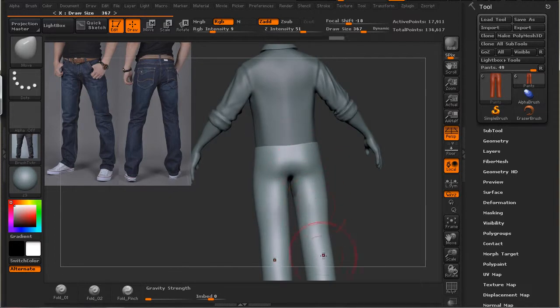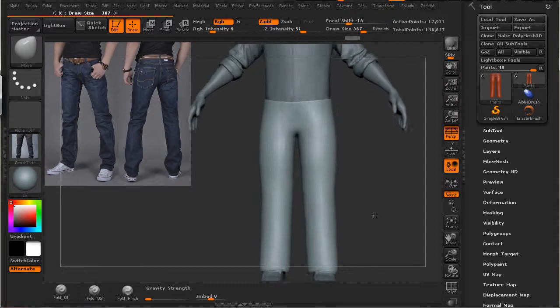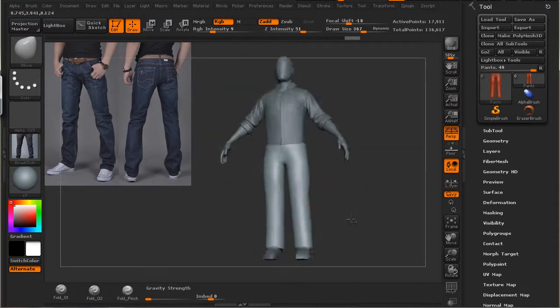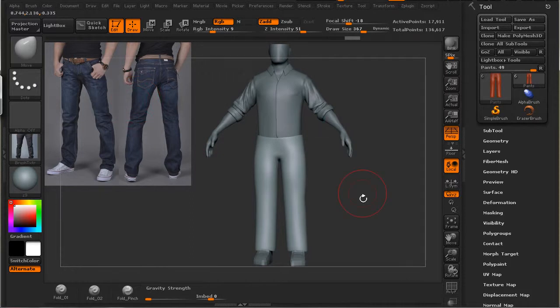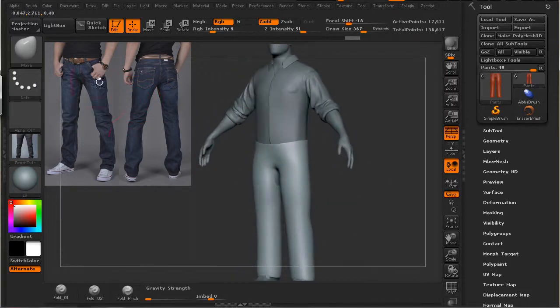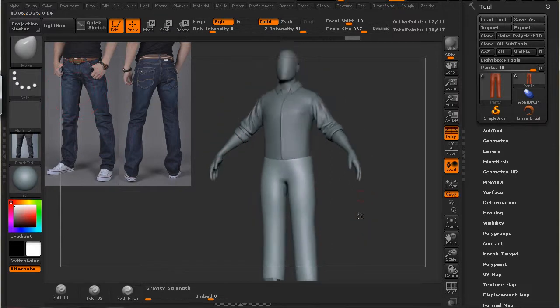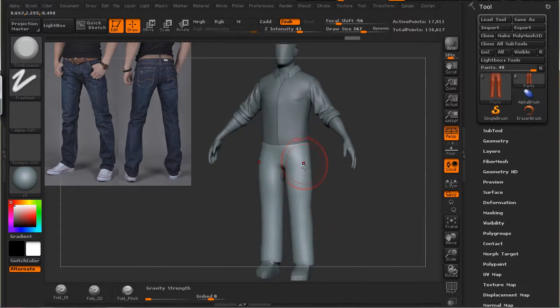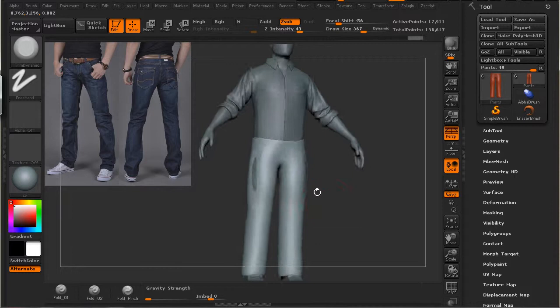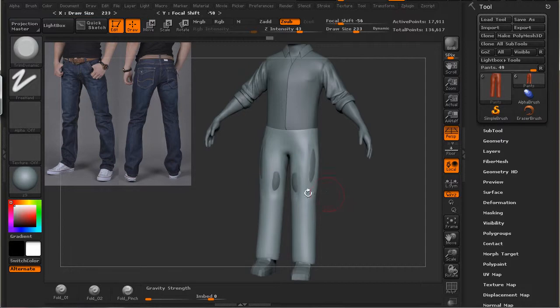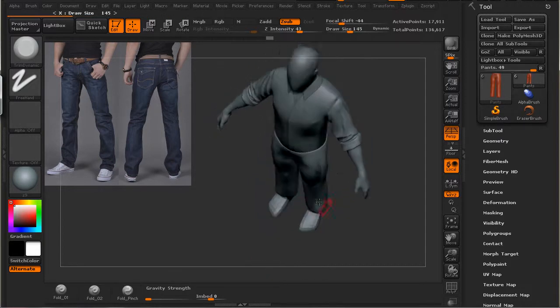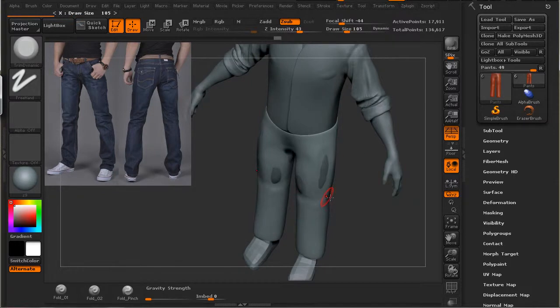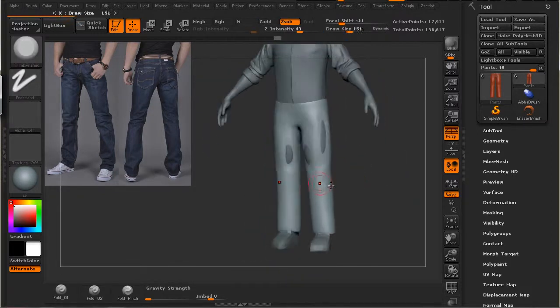So just kind of working our way around. And the first thing I want to do is just get rid of sort of the cylinder shape. Since the jeans are a more structured fabric, they're thicker. You can see that there's more planes and more shape to the fabric. So I'm going to go to my trim dynamic, and I'm just going to get rid of this cylinder shape. It goes all the way around, and I'll think about where I see some planes, where some of the folds are, and use the trim dynamic to define some of those